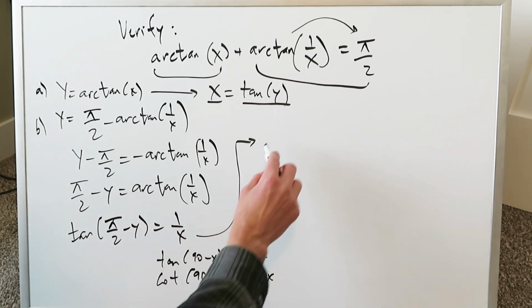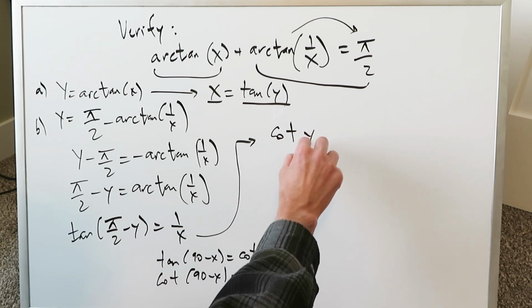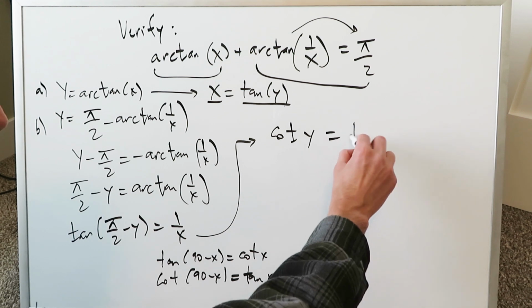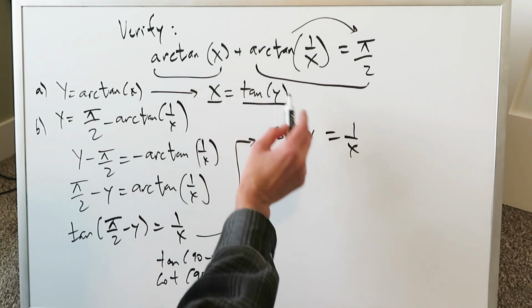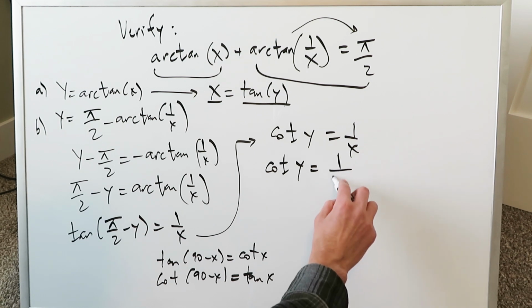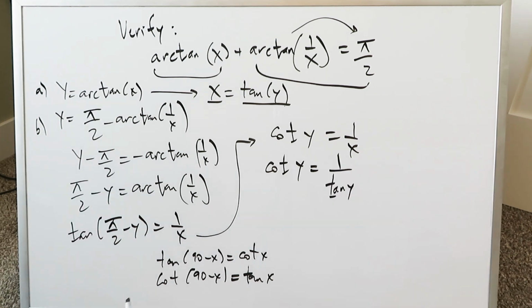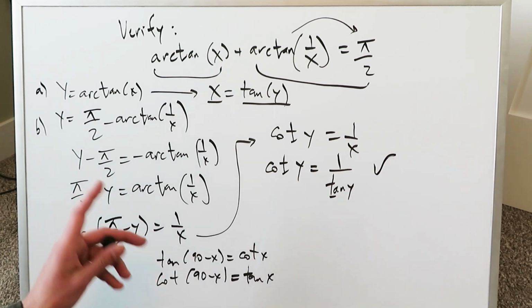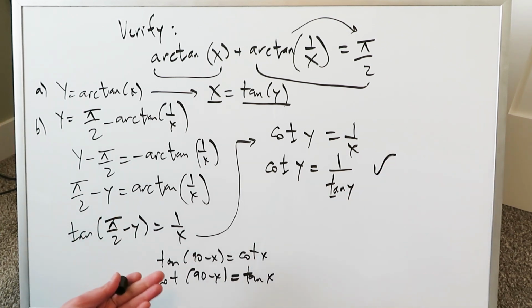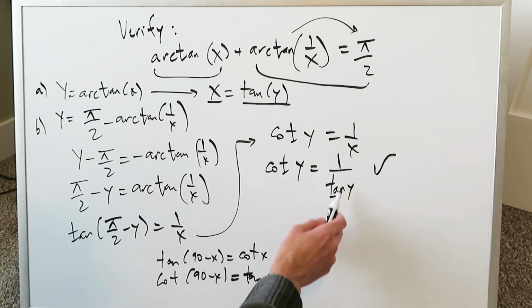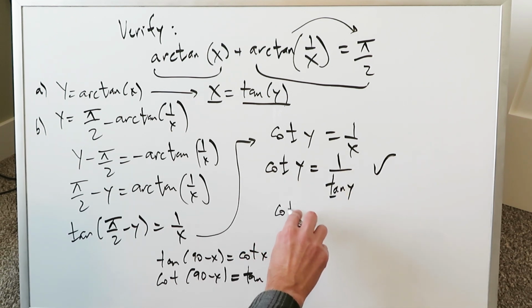Tan of 90 minus y would equal cotan y by means of the co-function identity, which is equal to 1 over x. But I also know x is equal to tan y. I can do that substitution here, so it is equal to 1 over tan y. When you look at this, you know very well that this is your inverse trigonometric expression verified and proven to be true, because cotan y would definitely be 1 over tan y, because